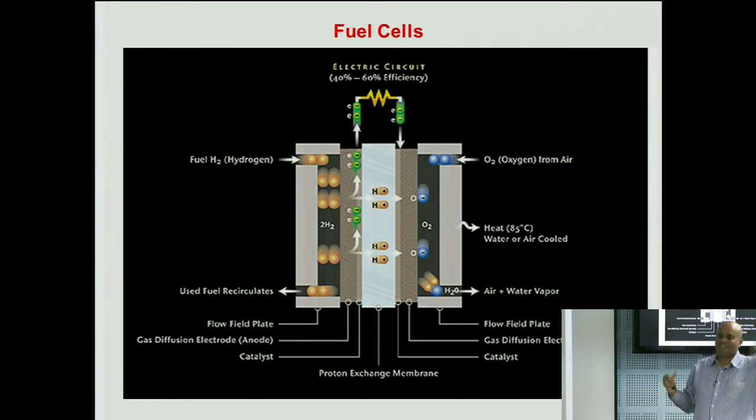In a fuel cell you take hydrogen and oxygen, combine them together, and you get current. That is how the fuel cell works. Not only do you get current, you get a byproduct which is water. So, this fuel cell has been used in a lot of places for generating electricity, but one of the major